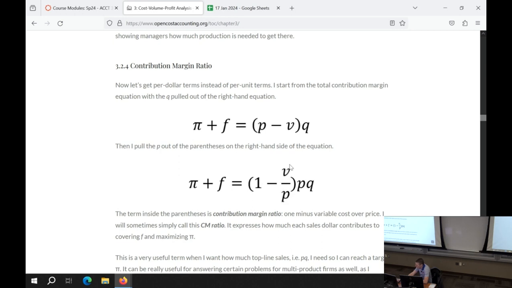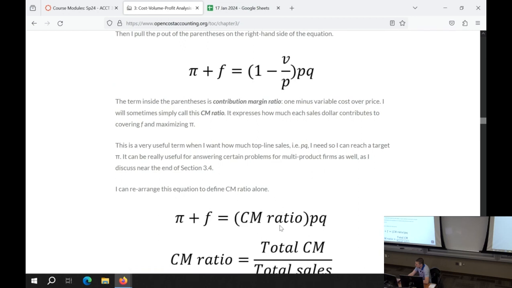And I never use that. I don't have any questions that directly ask you about variable cost ratio. You only need that in this class so you can get the contribution margin. Just 1 minus that. Let me articulate that sentence. You only need the variable cost ratio here so you can get the contribution margin ratio, which is 1 minus that. So the inverse of the variable cost ratio. At least as far as this class is concerned, that's the only thing you need it for. But yeah, what's in the parentheses here is the CM ratio, like it says.